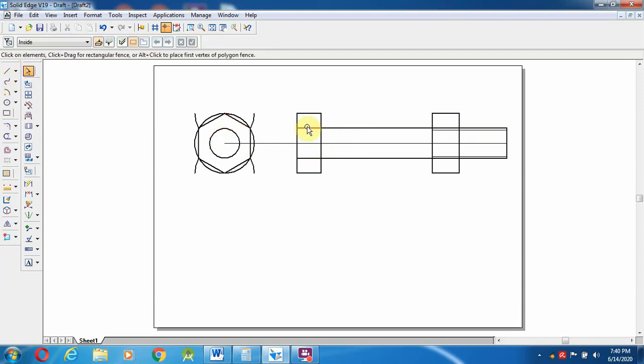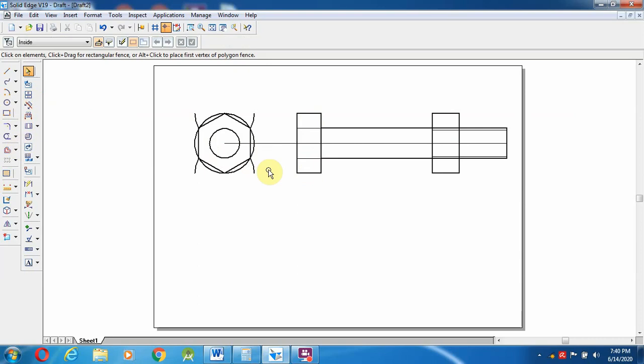After creating the thin lines, if you see the ends of an external bolt, there will be a chamfer or fillet at the head of the bolt. So we have to do that over here.